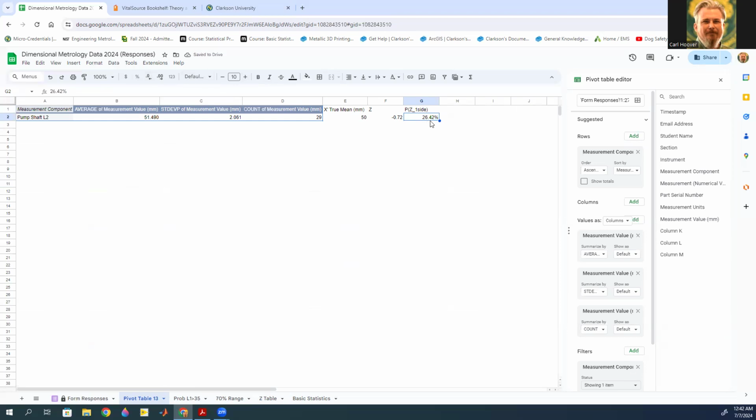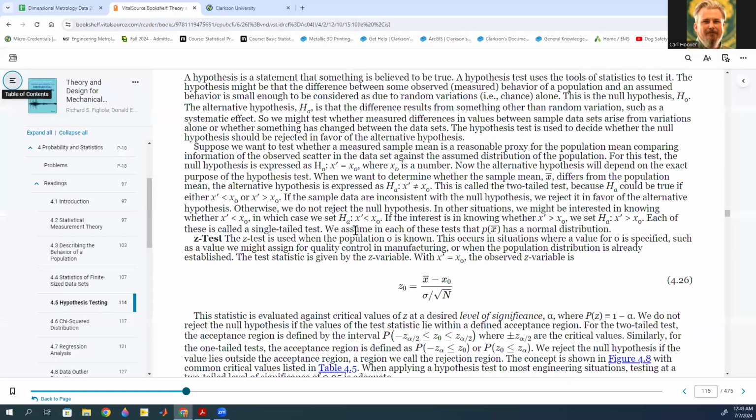Now, if we want to consider that probability, we really need to multiply by 2 if we want to find a value that's as extreme as that on either side. So we can get the probability of a value between plus or minus 0.72 away from the mean is 2 times that. And so that's 52.84%. And so looking at the text real quick, we can see that